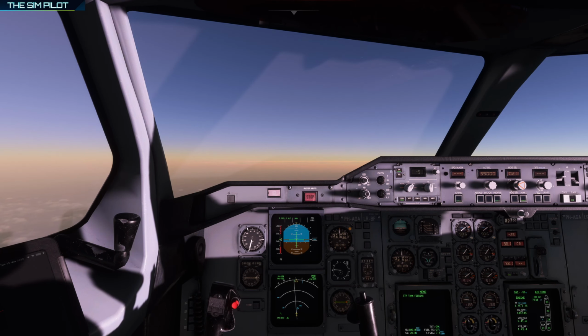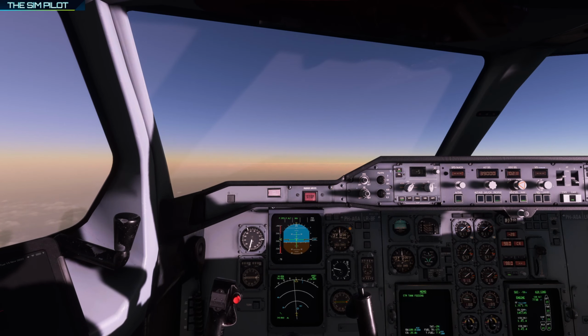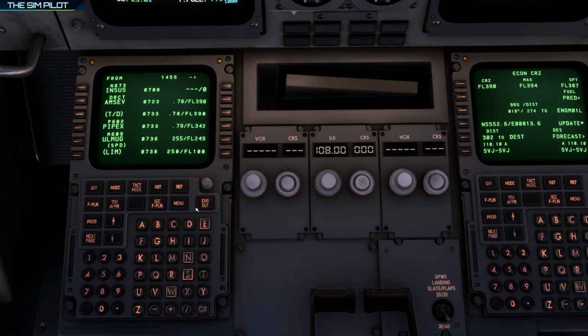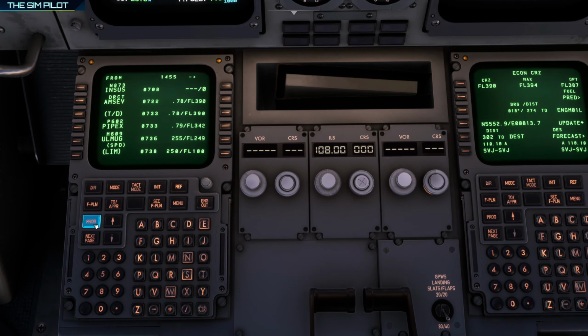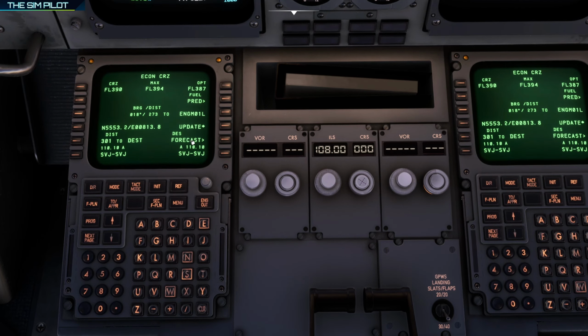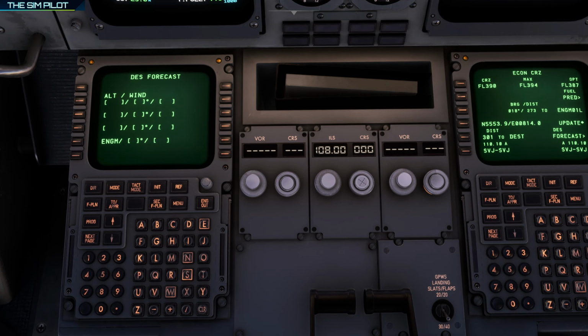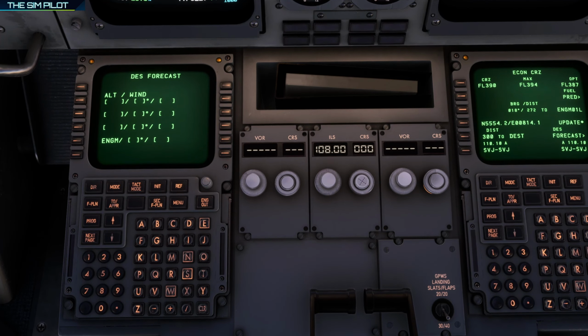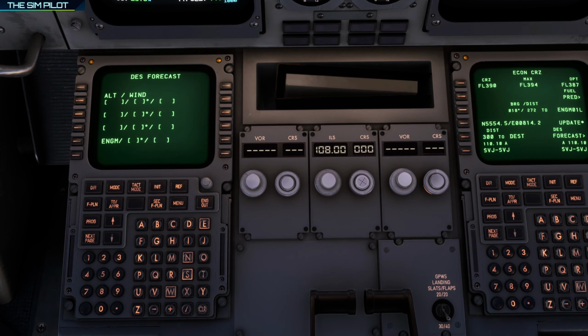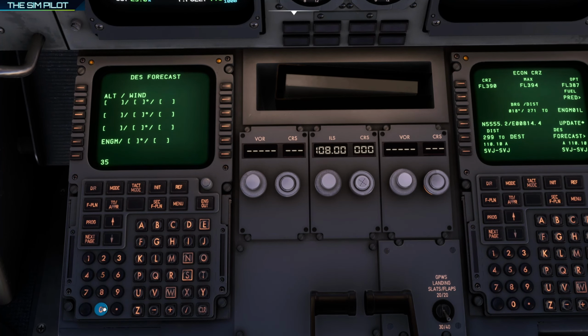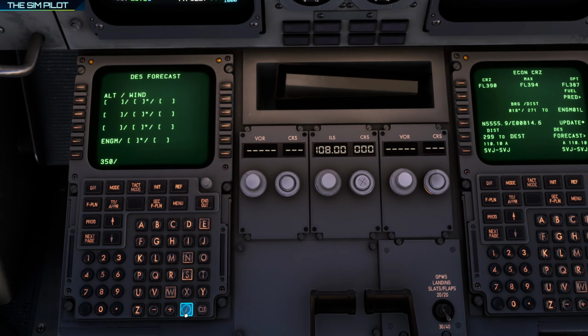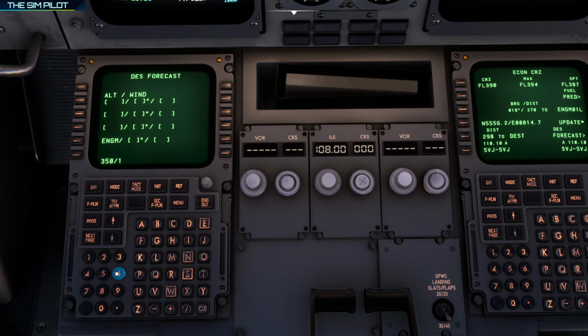First thing I'd like to do is to go to the flight management computer, pull up the progress page and descent forecast. Here you can enter the forecast from your operational flight plan. I'm going to use Simbrief for this, and I will plug in some altitudes which I think will make sense. First one will be flight level 350, and the winds at that flight level are 162 at 28 knots,